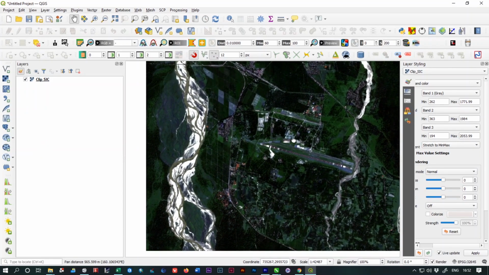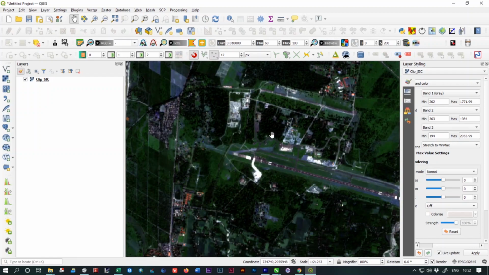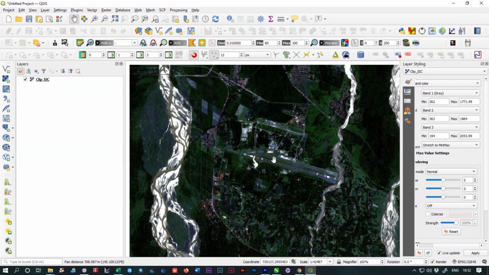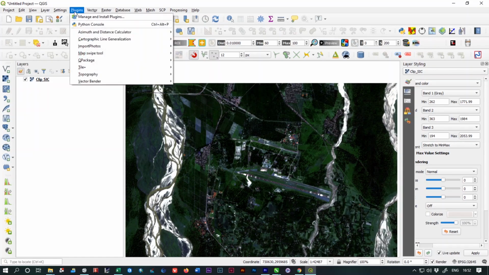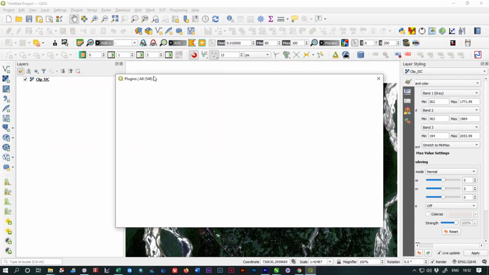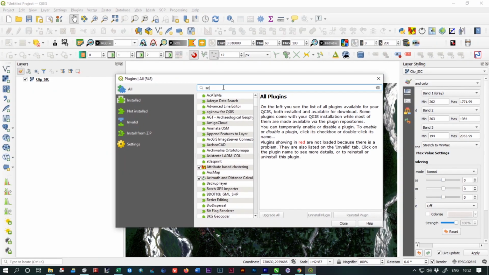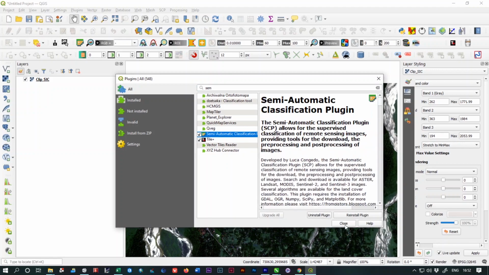So now we have to perform the supervised classification over this portion only. For that purpose you need to install a plugin which is called semi-automatic classification plugin. Install the plugin from the plugin manager. Search for the plugin name semi-automatic classification plugin, this one, and install it. It's a free plugin.